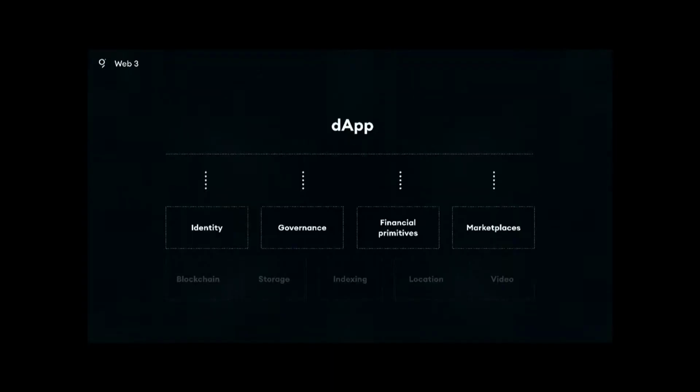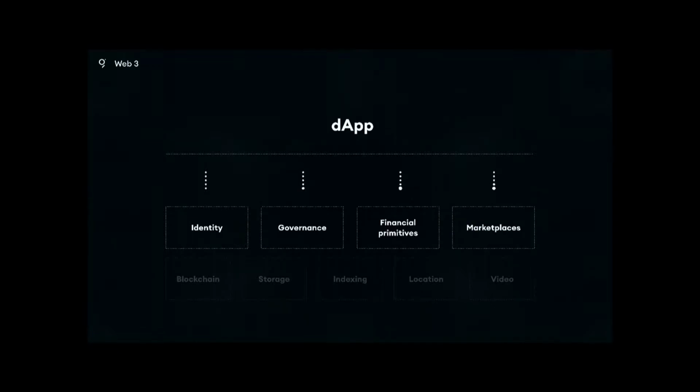In Web 3, all of this data is going to be public and open and available. And what that means is that as a developer, you'll be able to just plug into this global data stream to build whatever applications you want.